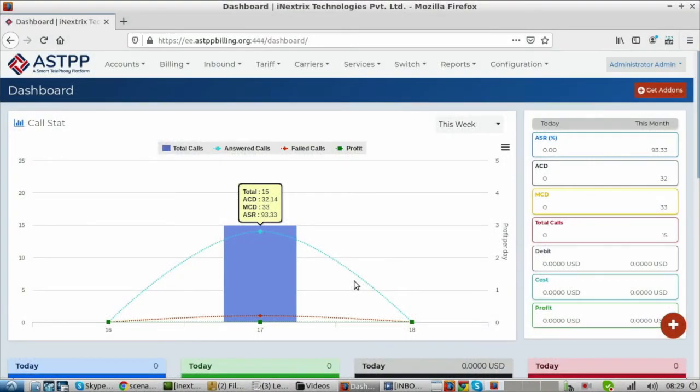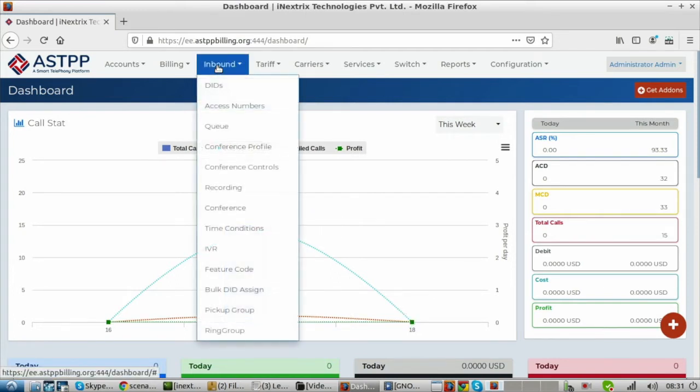This is about the inbound call flow on ASTPP. For an inbound call, first we need a DID number which should be accessible publicly. We can purchase the DID number from a DID provider. We can create the DID on ASTPP from the section of inbound,